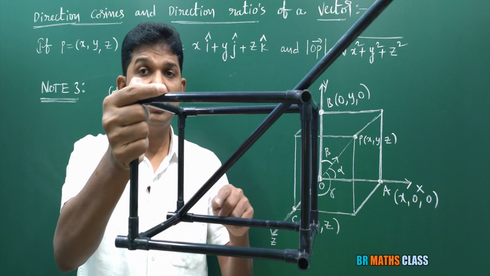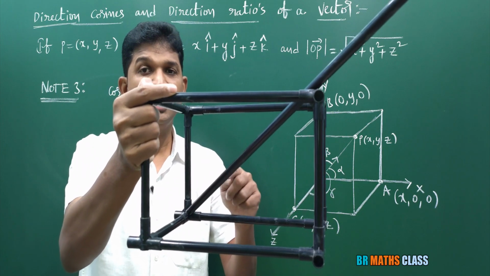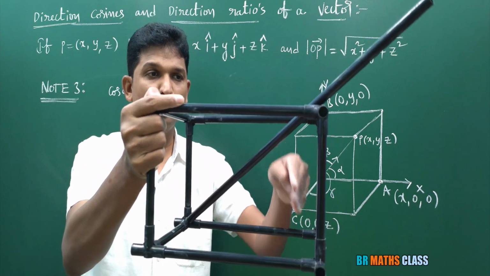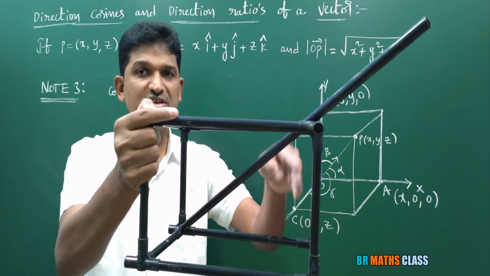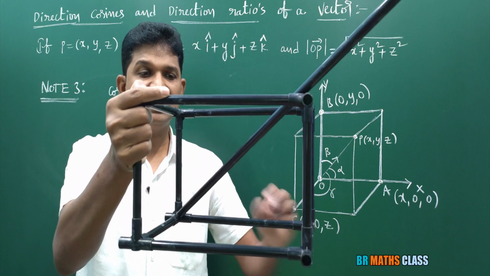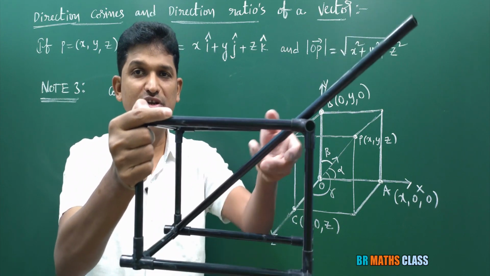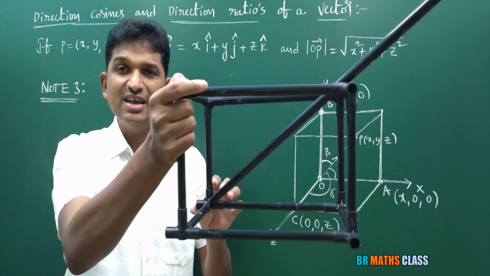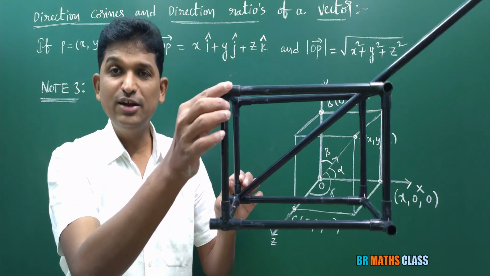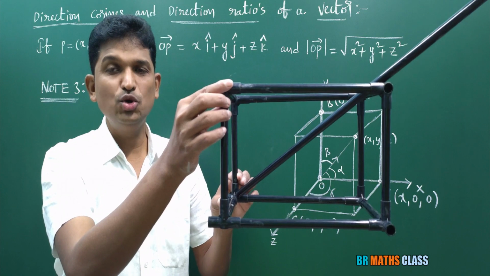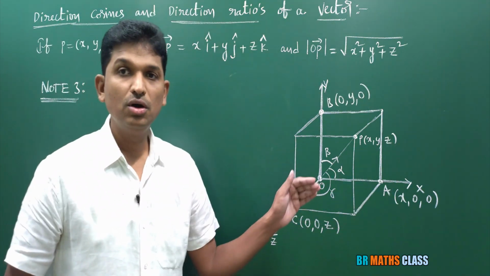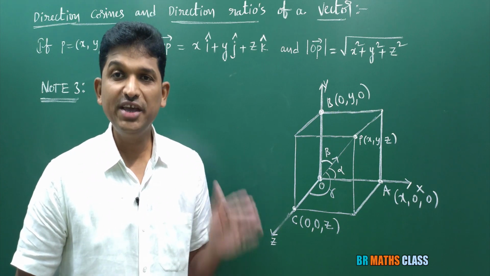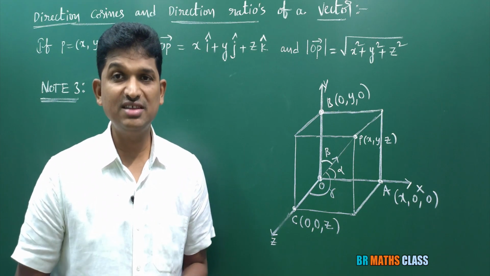What is cos alpha? Cos alpha is adjacent side by hypotenuse. Whatever side is opposite to alpha is known as the opposite side. That means AP is the opposite side, OA is the adjacent side, and OP is the hypotenuse. I hope you understand this. If you imagine something boxed like this and try to imagine what I am saying, then you can understand very easily. So in triangle OAP, you identified that OA is the adjacent side, OP is the hypotenuse.